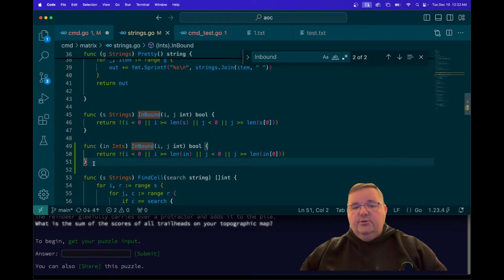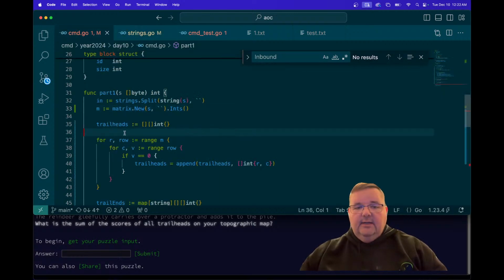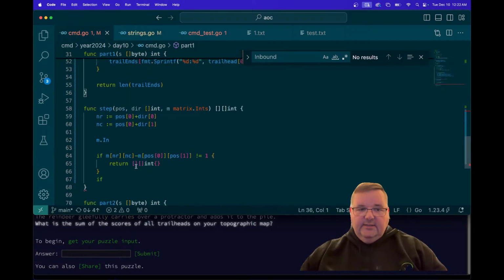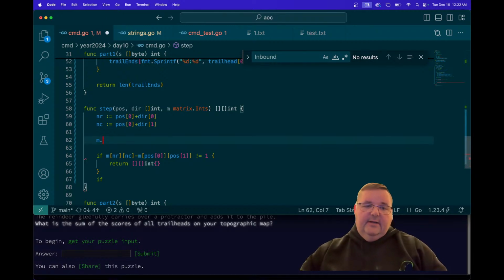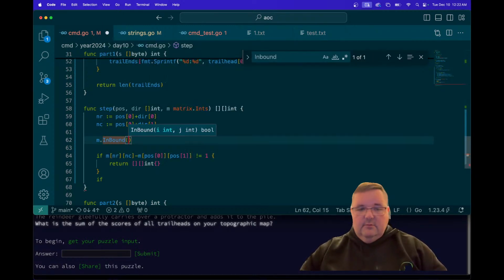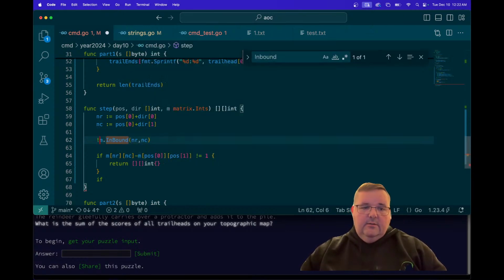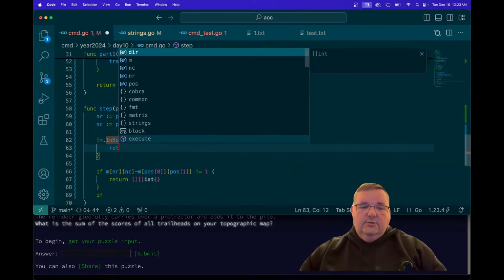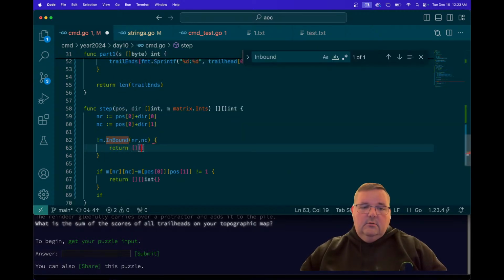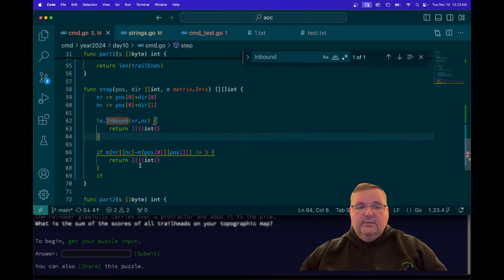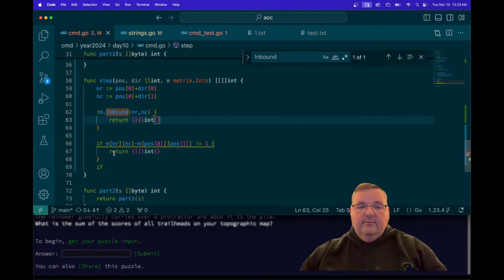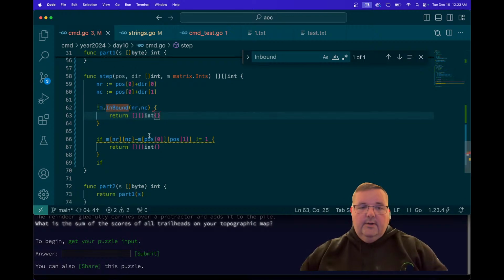So what we're doing is we're just saying, are we inbound? And that will allow us to just create a nice little if dot inbound and nr comma nc. If we're not inbound, right, we want to return. So we want those nice little guard clauses here, right? So if not inbound, we return. Otherwise,